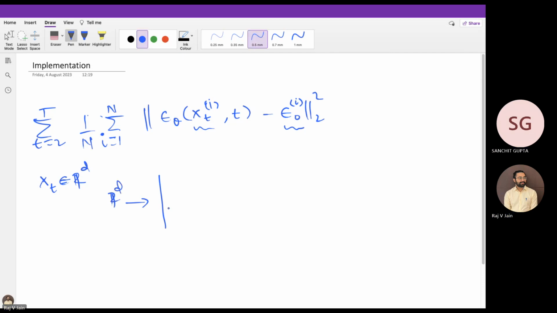What else? What all will the network have to take as inputs according to this formulation? T also, time. T also, some number between 2 and capital T. This goes as input. So it is a D plus 1 dimensional input. Correct. Now the output should be